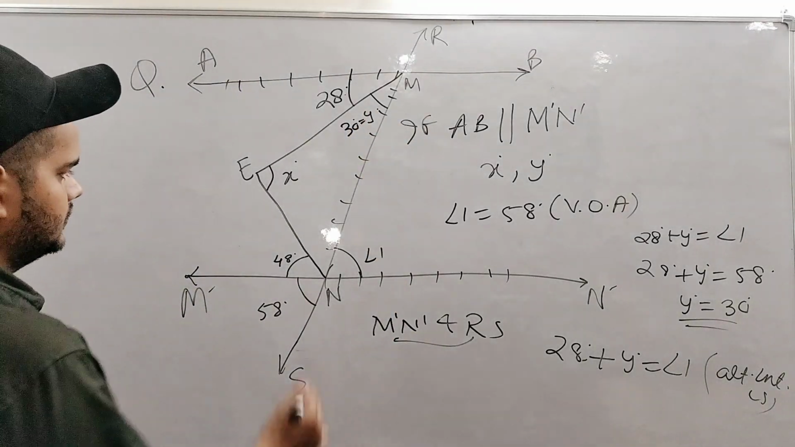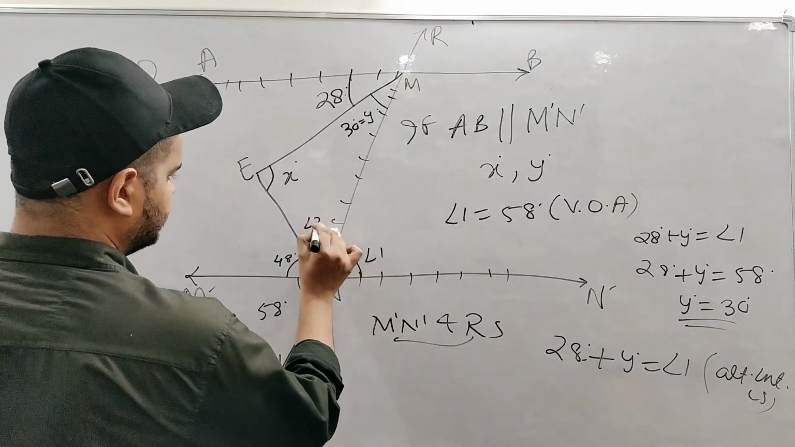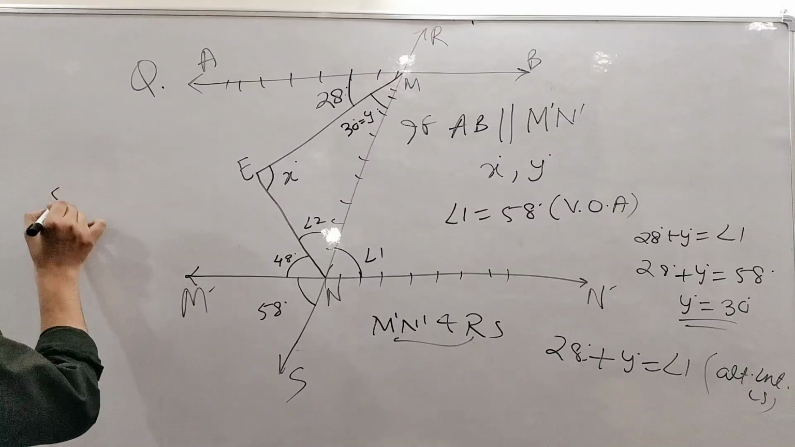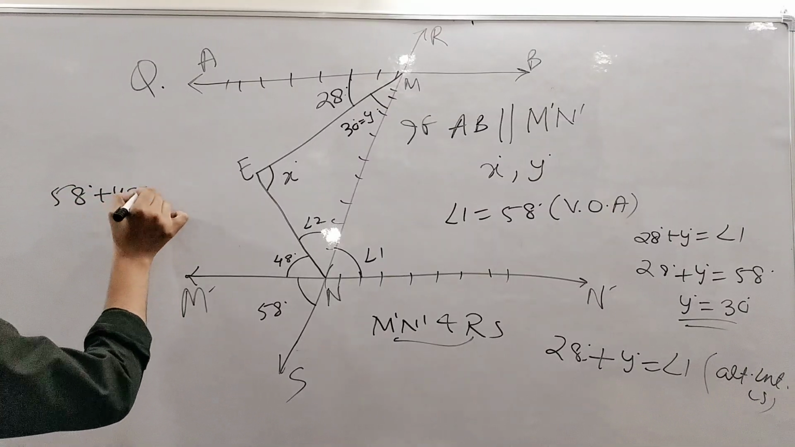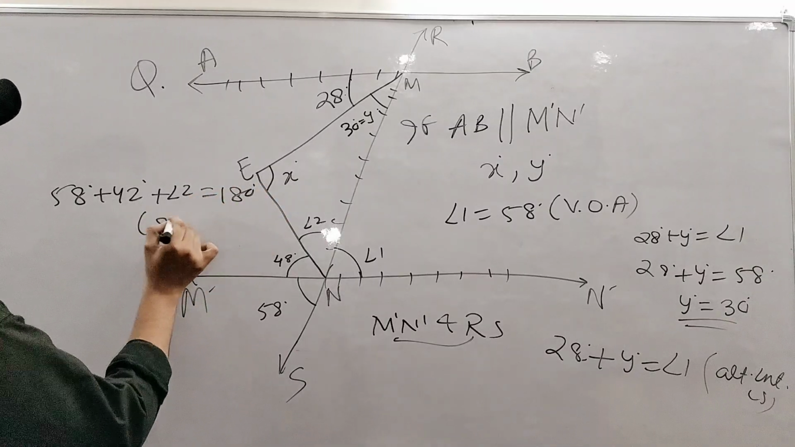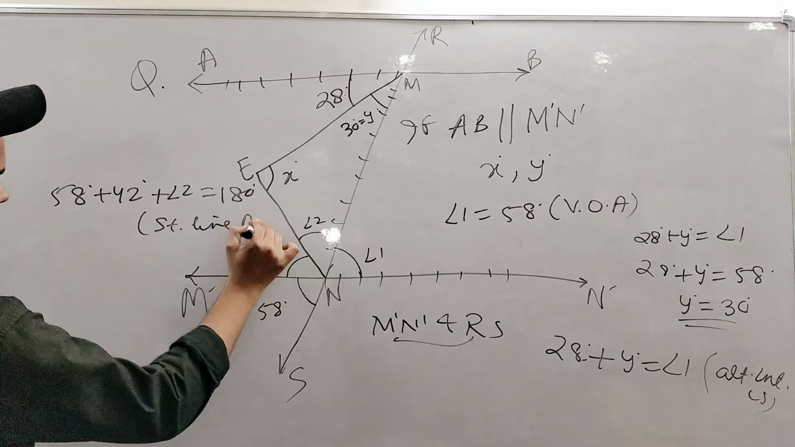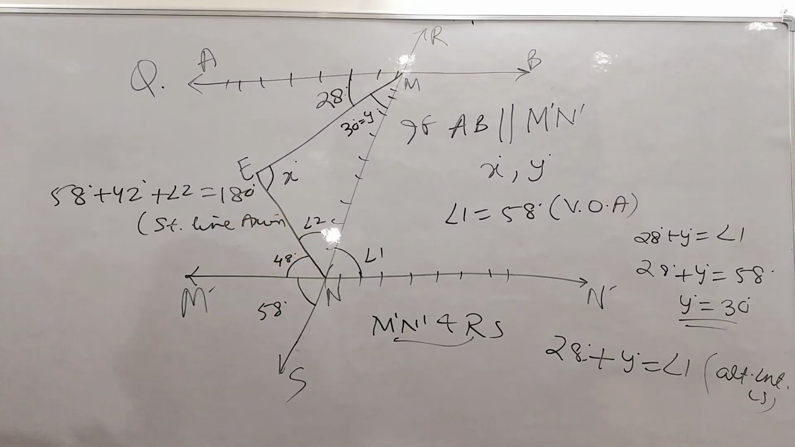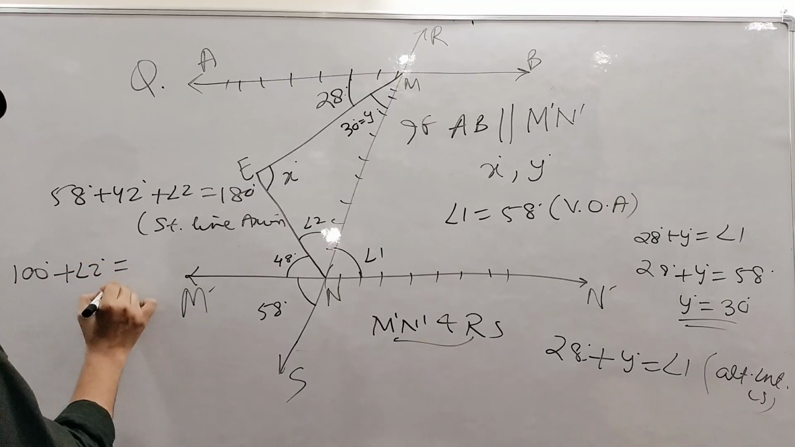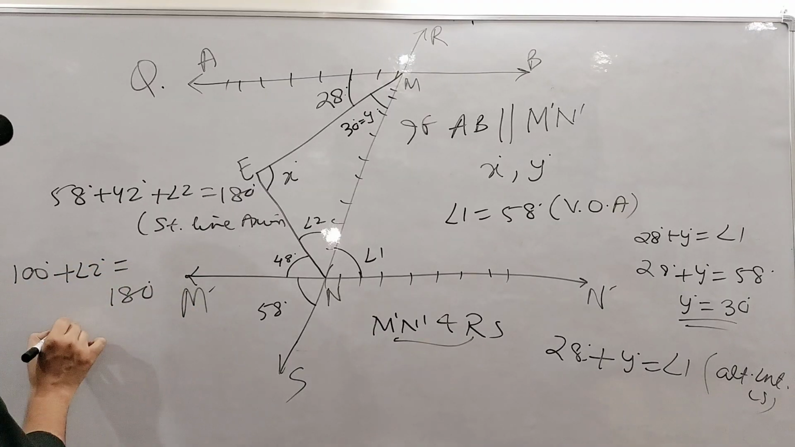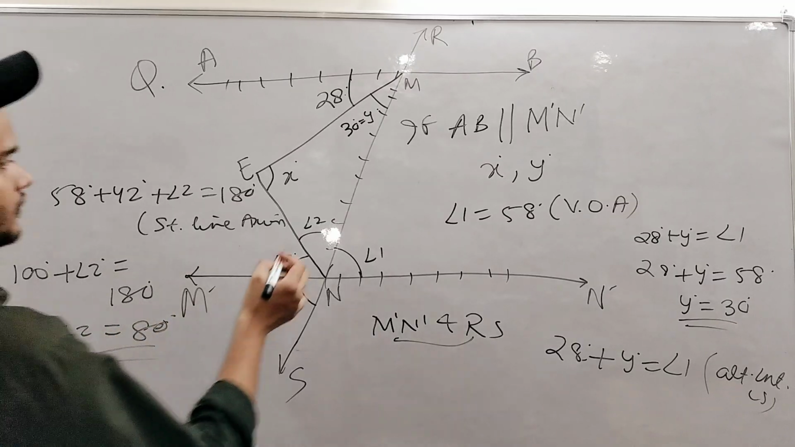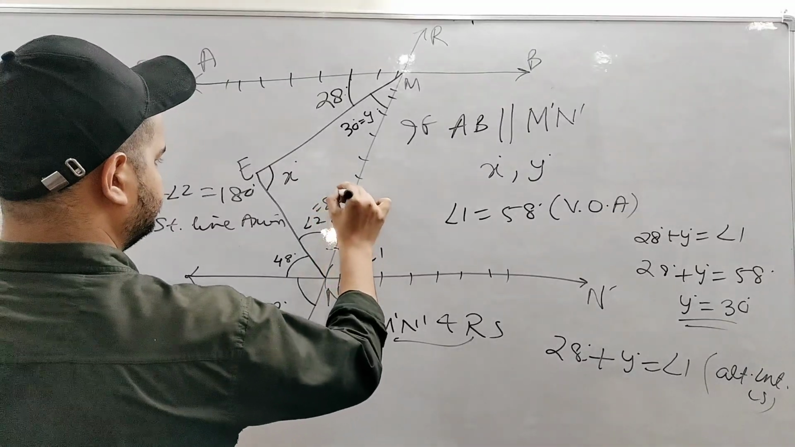ठीक है। यहां से हम एंगल 2 भी निकाल सकते हैं। आर ऐसे एक लाइन है, तो 58 प्लस 42 प्लस एंगल 2 इज इक्वल्स टू 180 हो जाएगा बाय स्ट्रेट लाइन एक्सियम। कितना हुआ? 100 डिग्री प्लस एंगल 2 इज इक्वल्स टू 180, सो एंगल 2 की वैल्यू 80 डिग्री आ जाएगी, ठीक है।